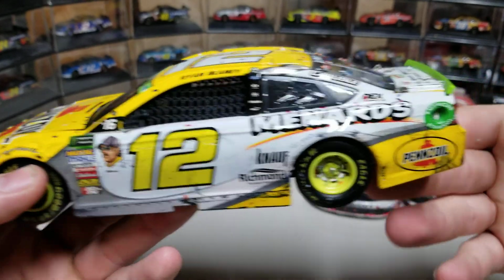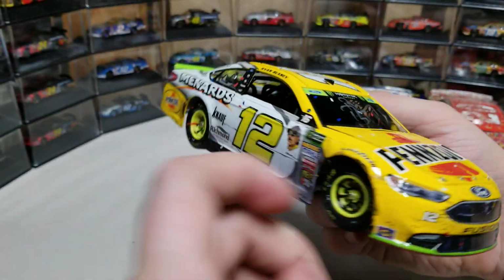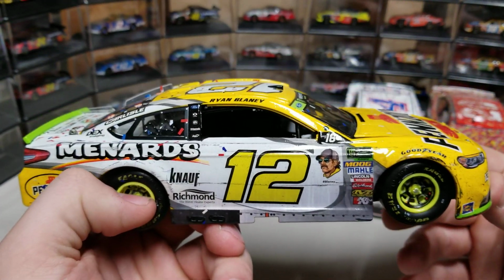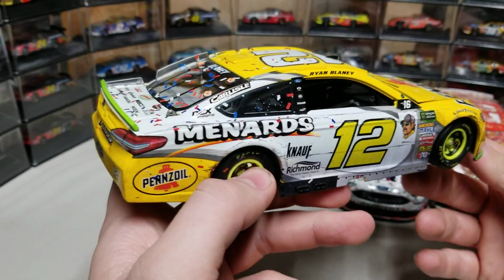The left side's beat up. The bumper's got some dents in it. The front end's got some dents in it. The right side has some dents in it. There's dirt on the hood. Like, this car is the first one that you can see just dirt and kind of race-related markings all